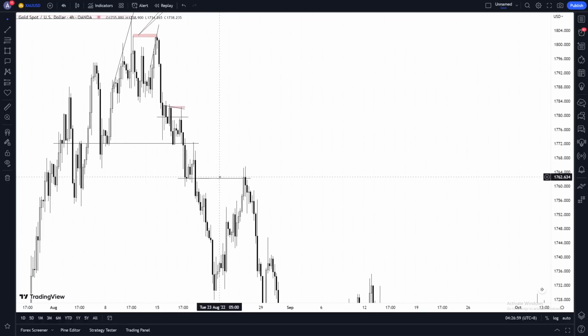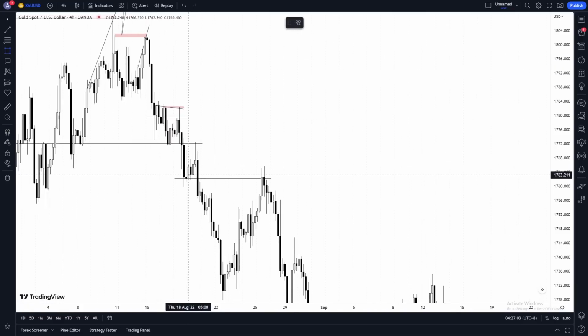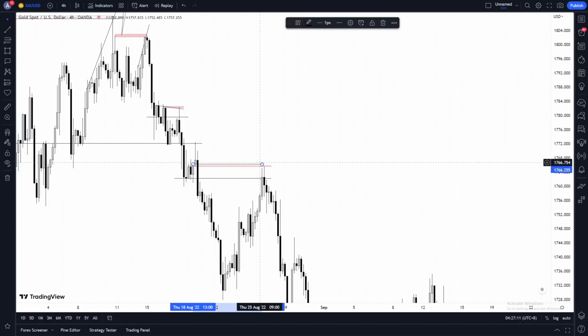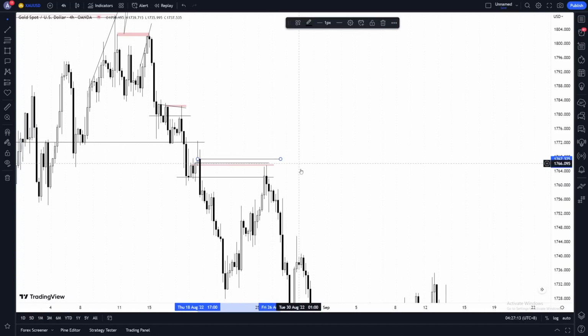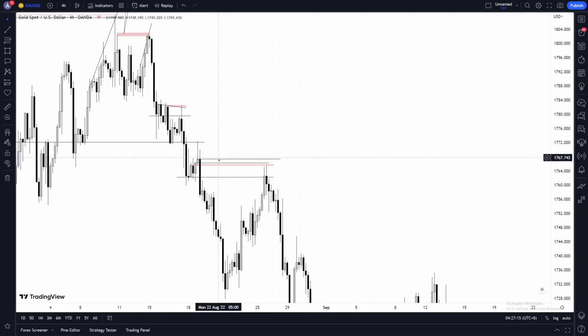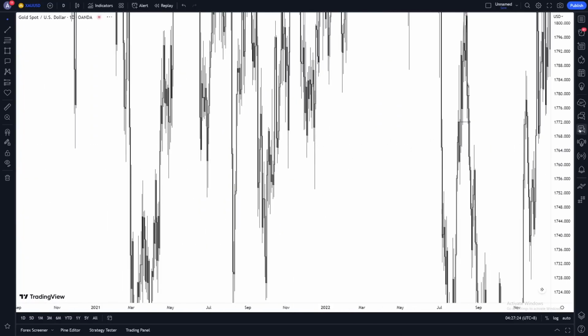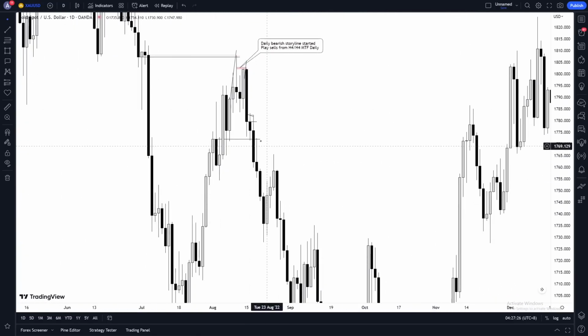Fret not, my friends. Okay, daily reject daily. Let's see what we created out of this. Oh, okay, my rules say I don't really take SPR. Okay, fine, no problem. We have one zone here, we have another one up here. Depends whatever you want to take. We have these options here. Again, if you have multiple ones, maybe you missed this one too. Who knows? I'm just telling you, these are the options that you could have taken. So maybe you missed that one too. Okay, no problem. You're still two trades deep in a storyline,